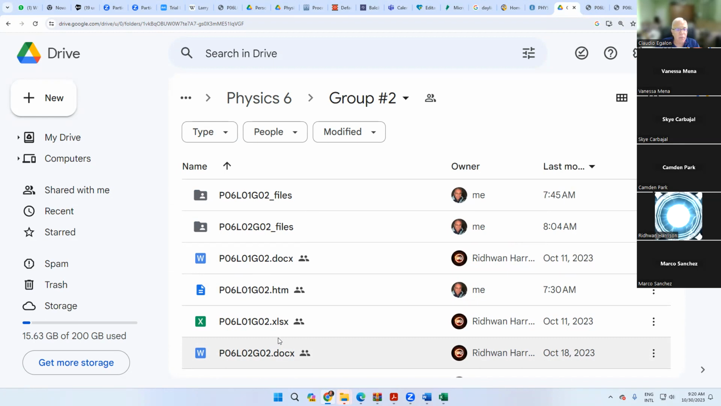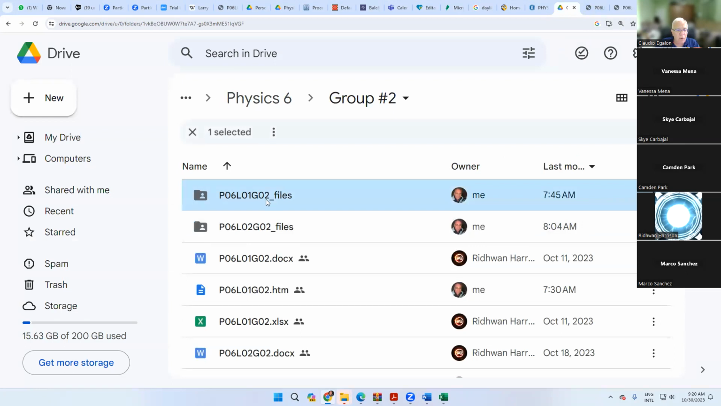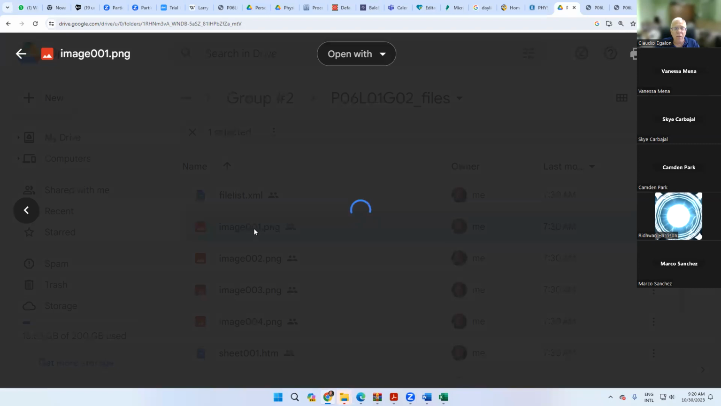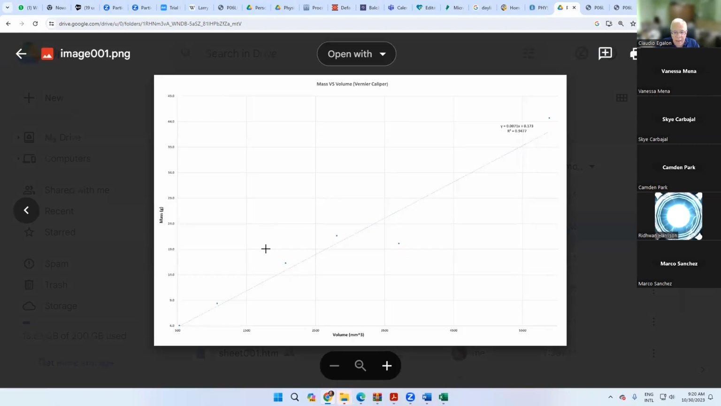In the files folder. Are you talking about this one here, the file folder? Okay, let's see here. Image, interesting, right? So they save it. Yeah, that's right. I didn't look at that. I look at what is in your